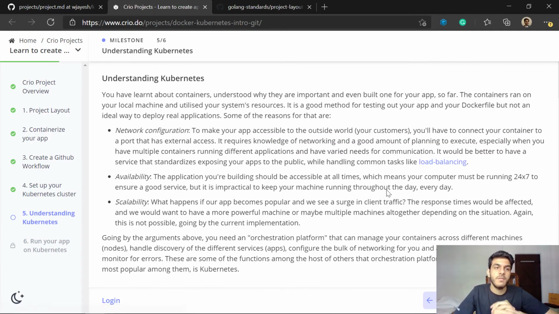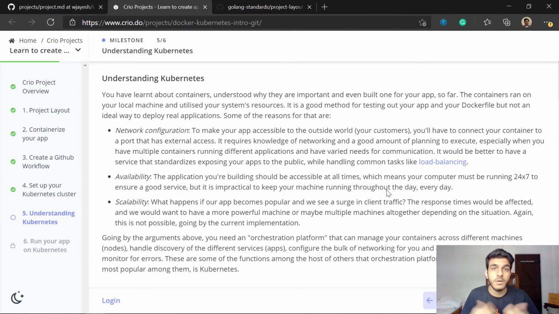So here is the part where we actually get to understand what Kubernetes is. Let me tell you, till now, whatever we have done is we have created an application, we have built a container on top of it, but we have not deployed it on a large scale. We're not publishing a container to huge computer systems. If you're running an application on your local computer and you want other people to access it, you may not want your application service to die when you switch off your laptop, right? You don't practically keep a laptop on 24/7, but you need a service to be available at all times, correct?